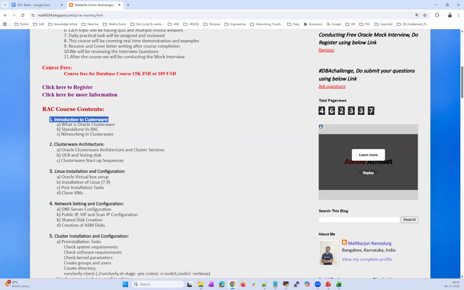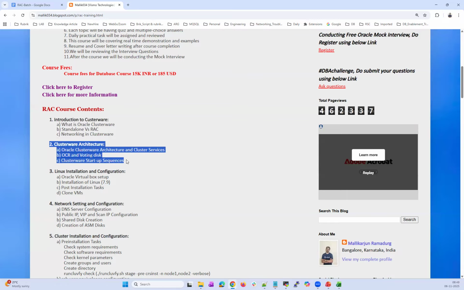And then what networking is included in RAC? Everything will be covered here. The moment I say networking, there are hundreds of IPs in a RAC cluster. We have public IPs, private IPs, SCAN IPs, VIPs, and management IPs. Then how many IPs are needed, what are the mandatory IPs, and how many IPs we can have for RAC, SCAN and VIPs. All will be covered at the start of this clusterware understanding.